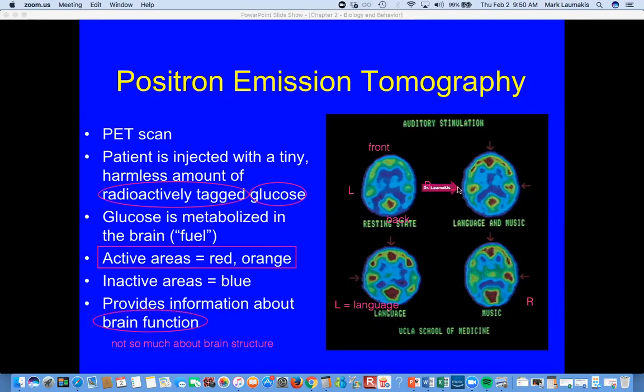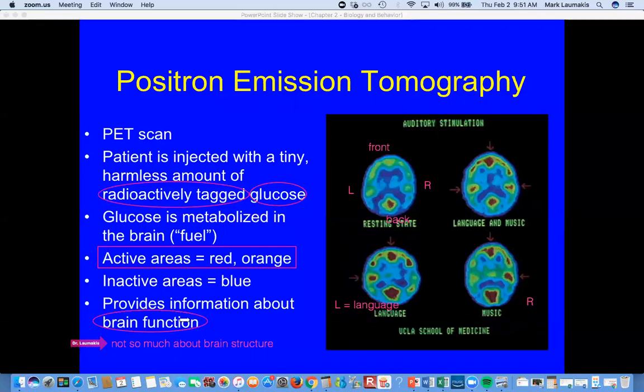And this upper right side might be someone reading a speech with dramatic music playing in the background. We've got a little bit of both sides going on there in terms of what's getting active. So again, a really nice look at brain function, right? What's going on in terms of brain activity. Not such a beautiful picture of brain structure. I'm going to show you some beautiful pictures of brain structure on the last two slides about the tools that neuroscientists use. But in terms of functioning, and what areas are firing up as you do different activities, a PET scan does a really nice job of that.